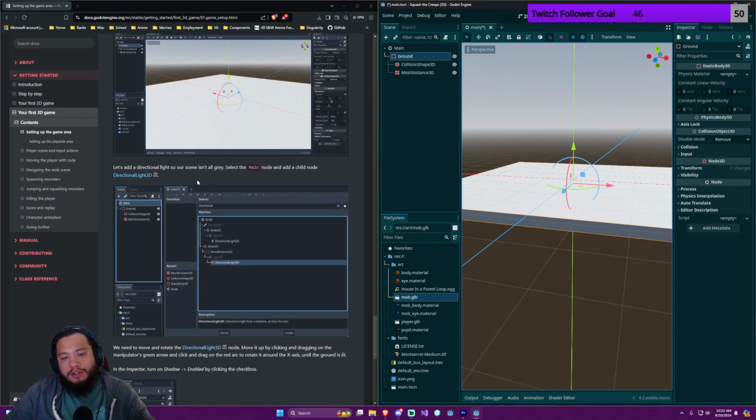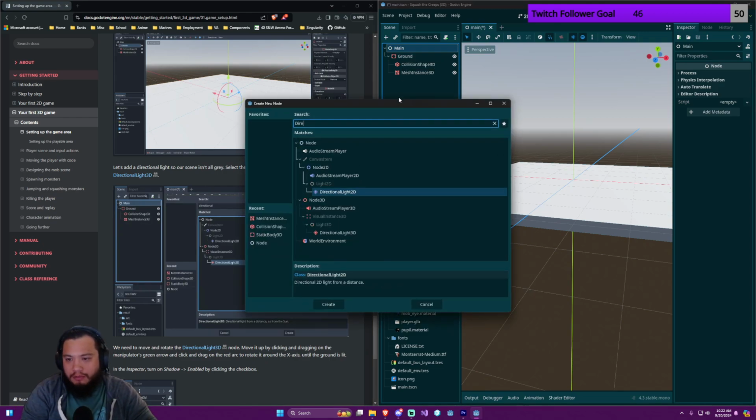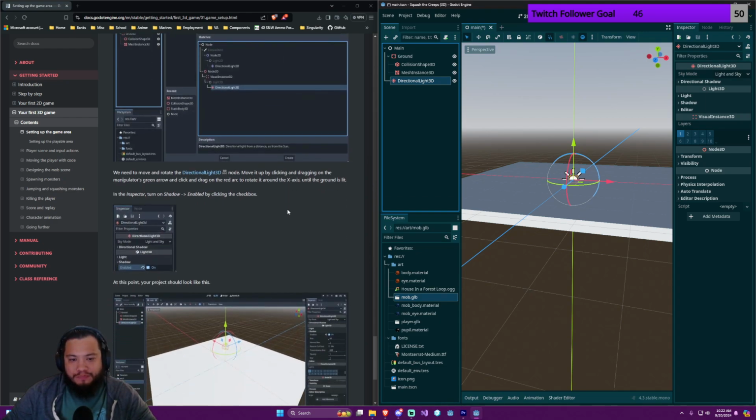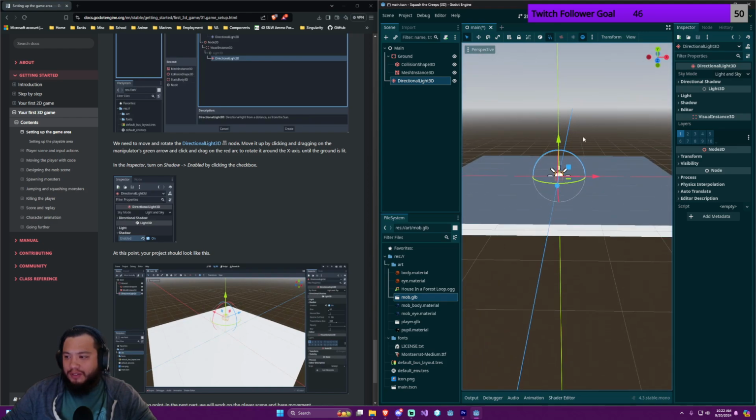Let's add a directional light so our scene isn't all gray. Select the main node and add a child node called directional light. Okay. We need to move and rotate the directional 3D node. Move it up by clicking and dragging the manipulator's green arrow. Click and drag on the red arc to rotate it around the x-axis until the ground is lit up. Okay. And then